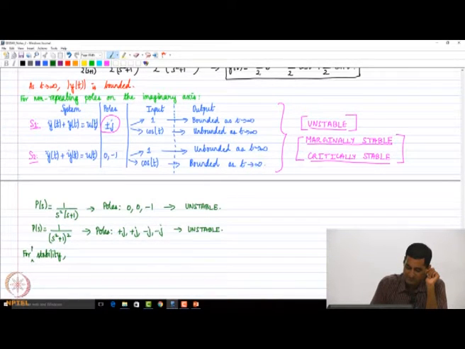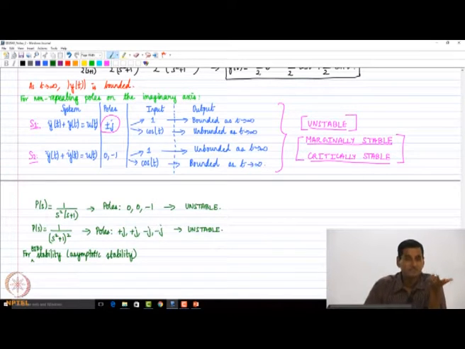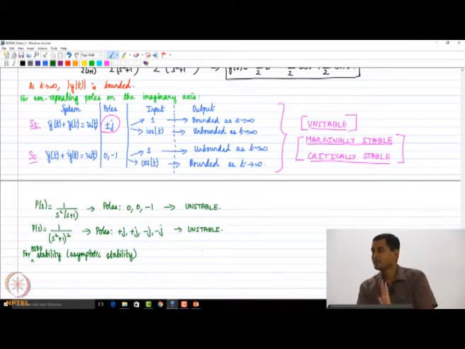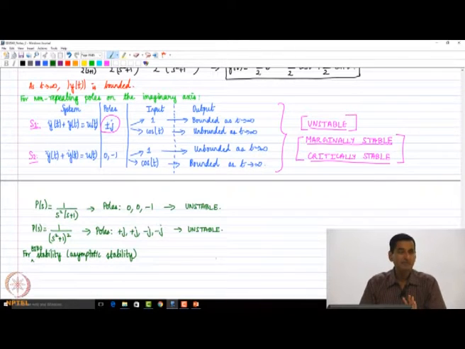Of course, I should be careful about BIBO stability, okay. Some people will use the term asymptotic stability, and we will see why. These are terms that you would encounter if you read through textbooks. For us right now, the only notion of stability that we are looking at is BIBO stability, okay. That is why I am using BIBO stability. You will find an equivalent term, asymptotic stability; we will see when it can be used and what it